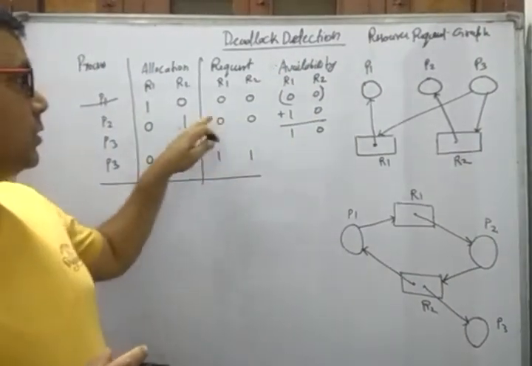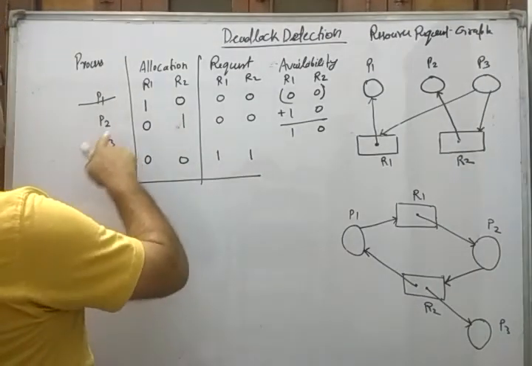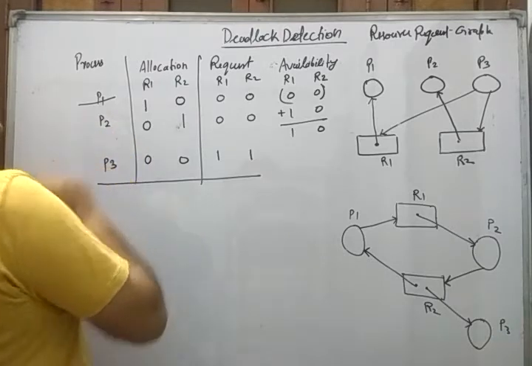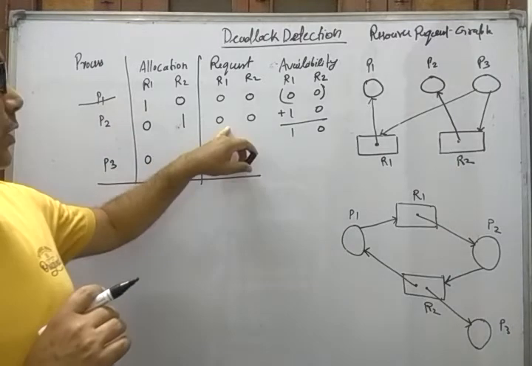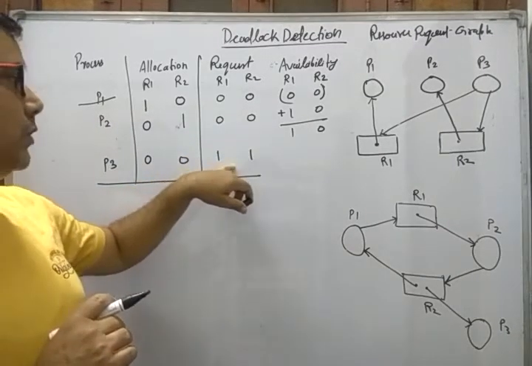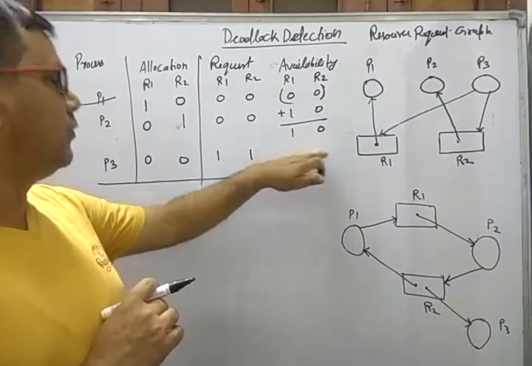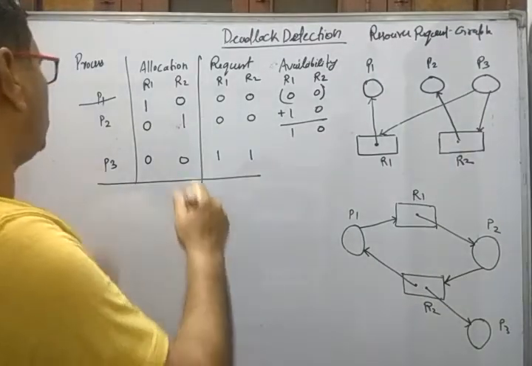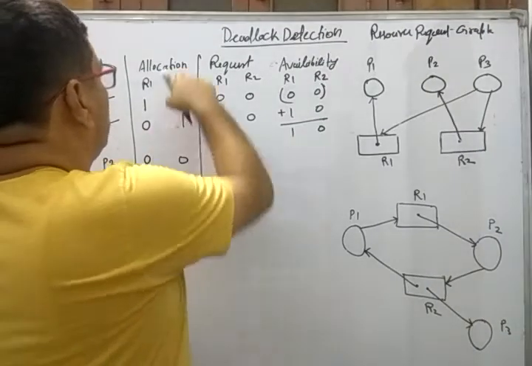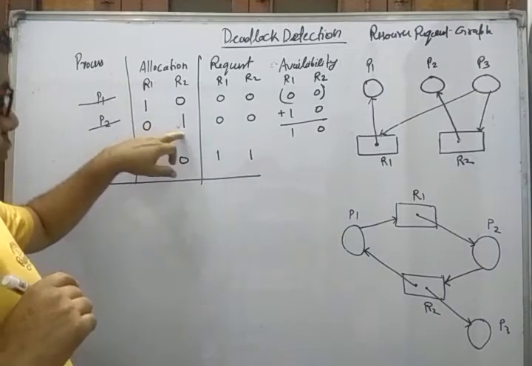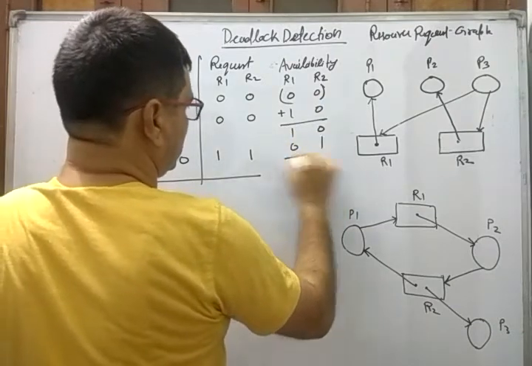We will match it to the next two, P2 and P3. Now P2 request is 0, 0 and P3 request is 1, 1. 1, 0 will not fulfill the request of 1, 1. That means 1, 0 can only fulfill the request of 0, 0. That means process P2 will be executed, and now 0, 1, this resource R2 assignment is released. That means now total availability is what? 1, 1.